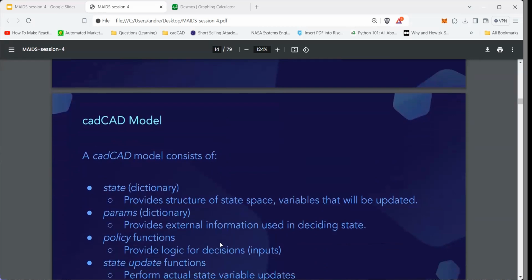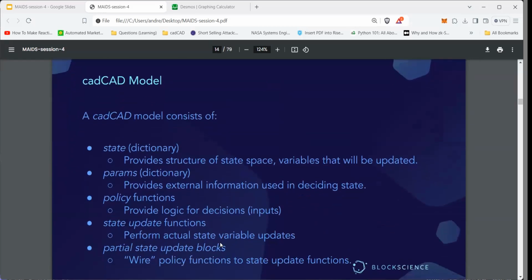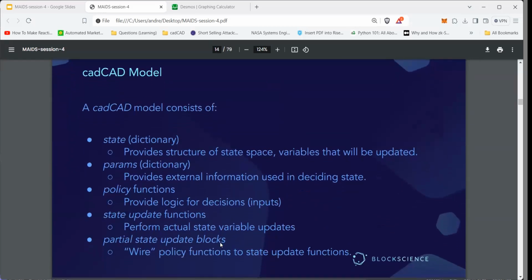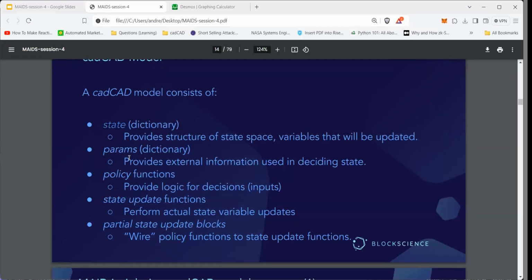So I'm going to review here what a cadCAD model consists of. This was a little compressed when we did it last time, and I'm not assuming any prior knowledge. So there are 5 parts to the cadCAD model as we're defining it here. Some of these things like, okay, this is a dictionary. Well, maybe that's not true of all cadCAD representations. I'm talking specifically about a particular Python representation.